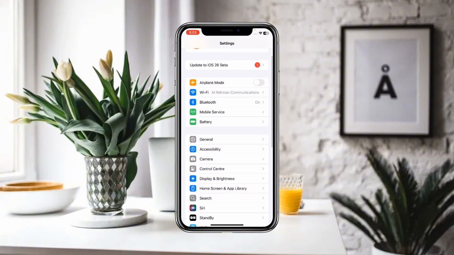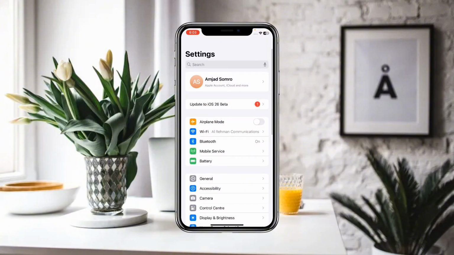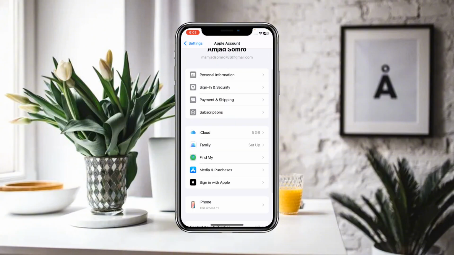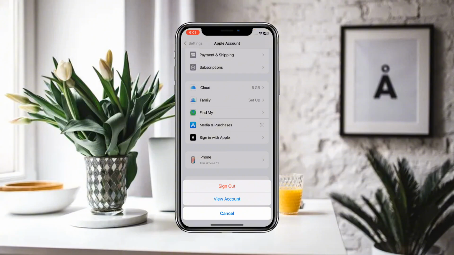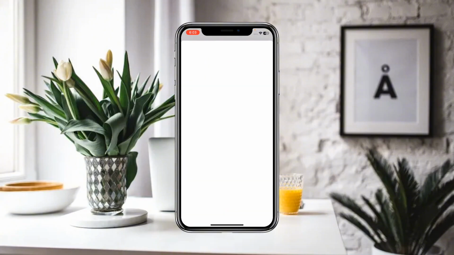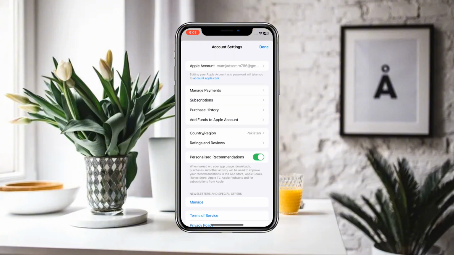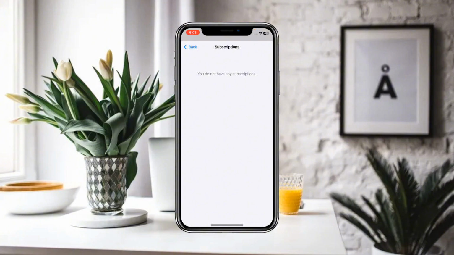So here you have to simply go for your name or Apple ID, and in your name or Apple ID you have to go for Media and Purchases, and then View Account. Here you have to check your payments and subscriptions, and check that you do not have any subscription which has pending payments on your